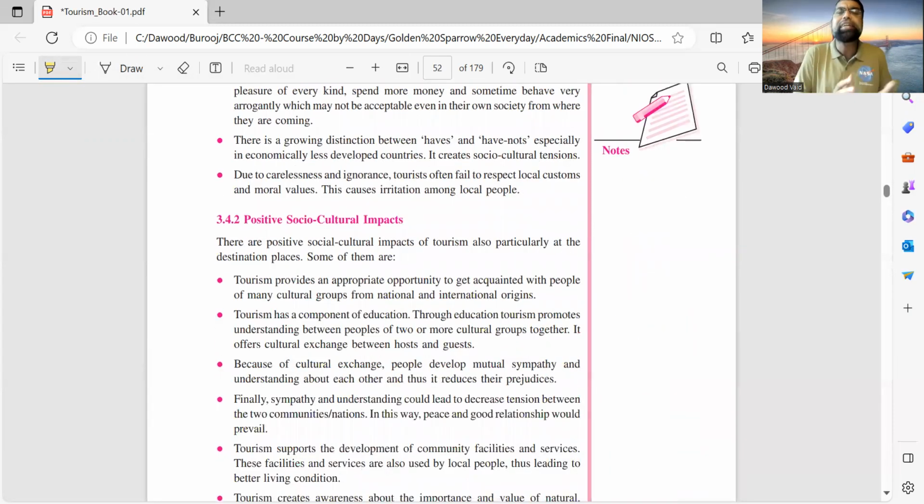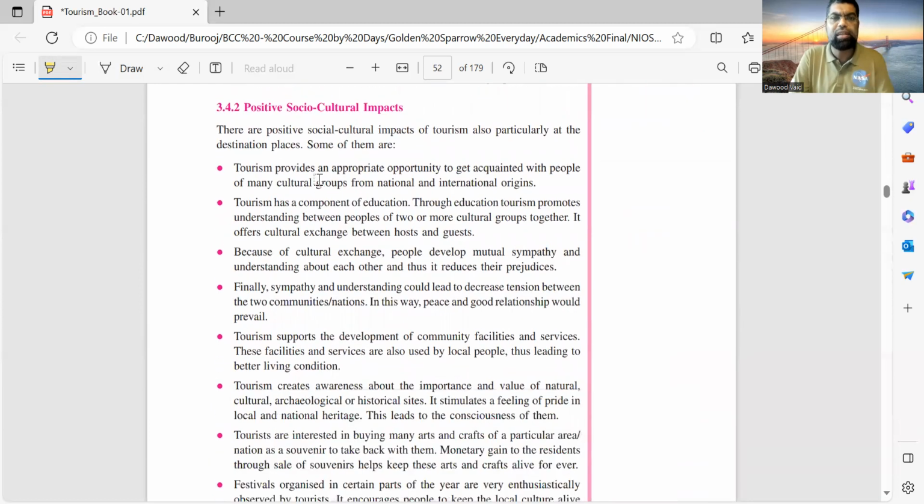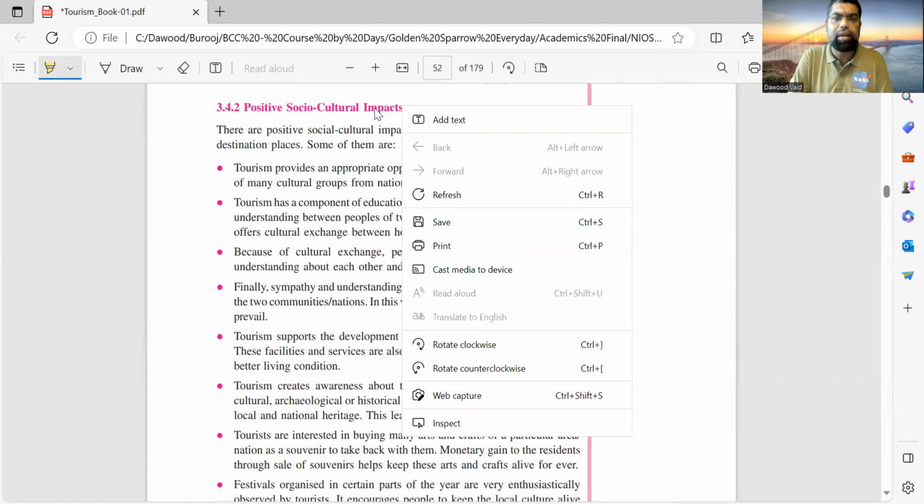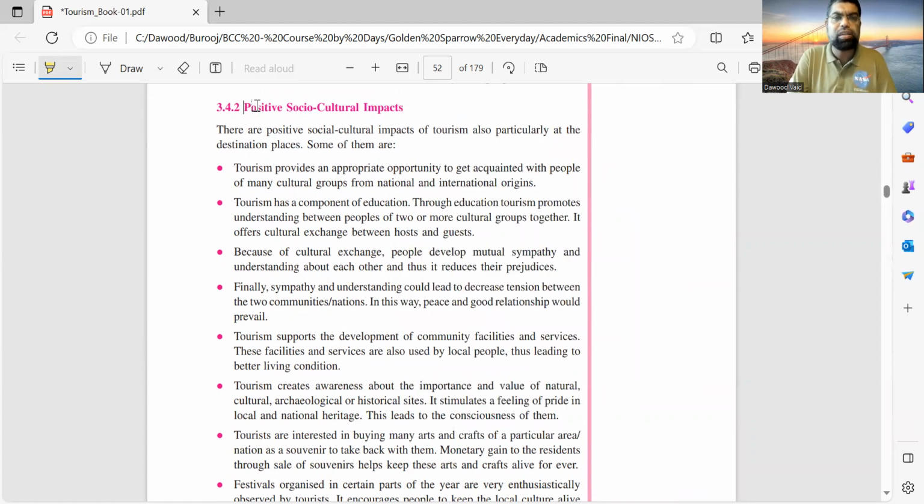What are the political impacts? So positive and negative, in terms of political impact. Well, think of my new state, Jammu and Kashmir. The moment a state is not comfortable, there is terrorism, there are Naxalites, there is fear of life, people do not go there. So instability is the reason people will not go. If you're given a choice to go to Dubai or Kabul in Afghanistan, where will you go? 90%, 100% of people think Dubai, unless they are journalists or doing some kind of tour for National Geographic. Otherwise, you will only go to a place which is safe and secure.